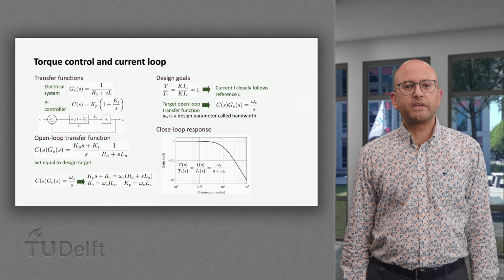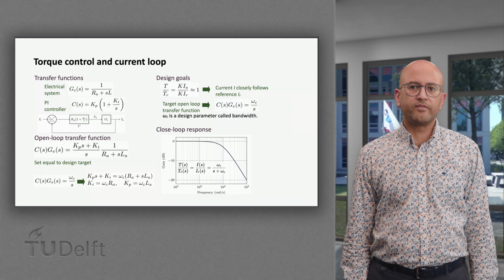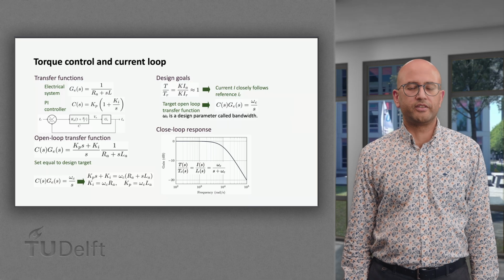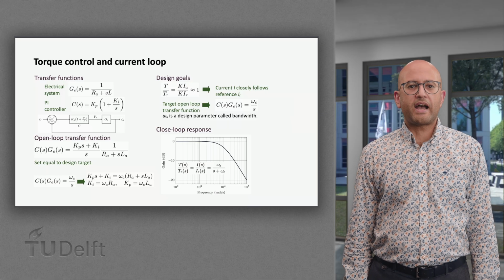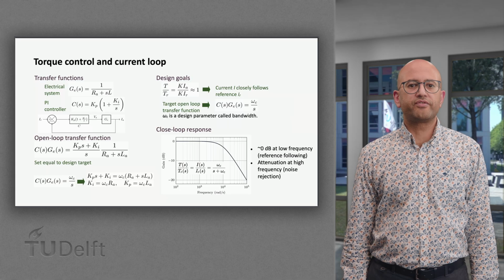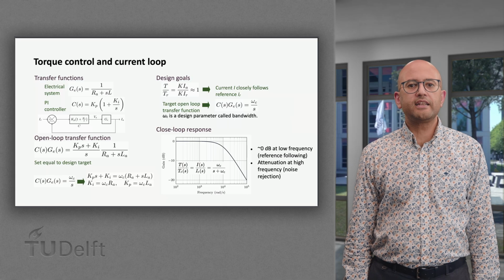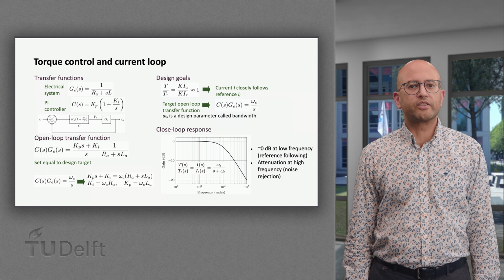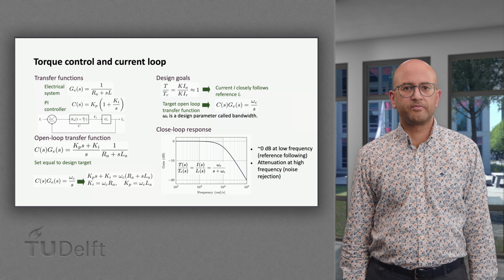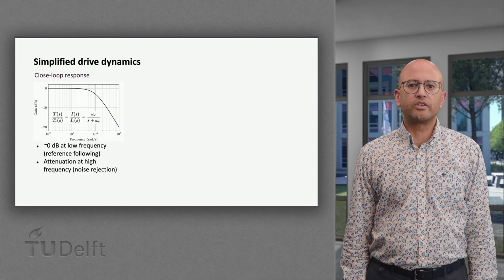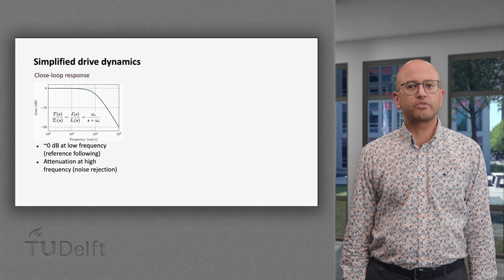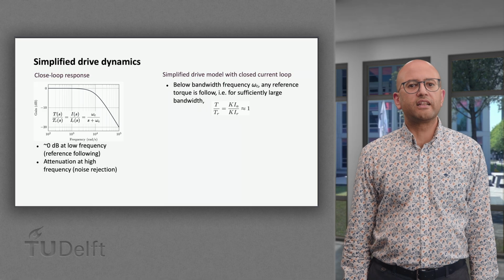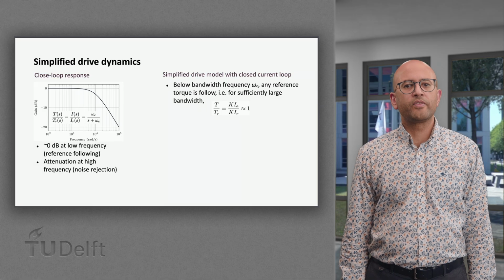By setting the KP and KI accordingly, the closed loop will behave as a first-order low-pass filter. Within the bandwidths, the output follows the reference closely as the gain is 0 dB. Meanwhile, all the high-frequency noise will be rejected. Taking a closer look at the resulting closed-loop response, we may see for sufficiently large bandwidths omega C, the reference